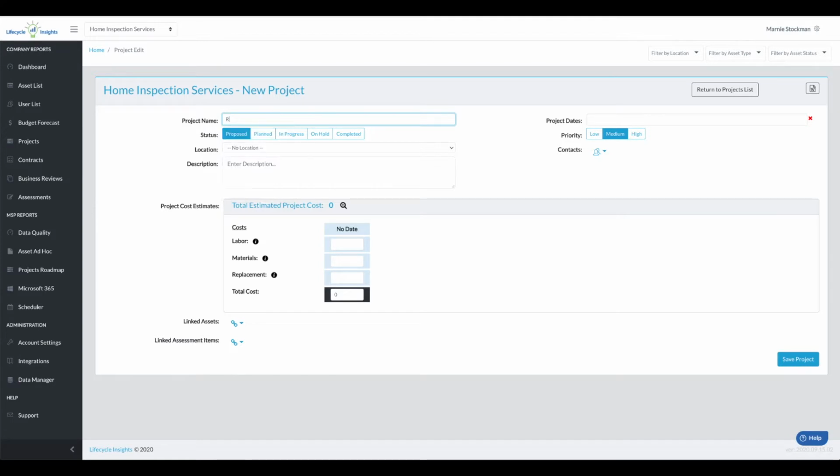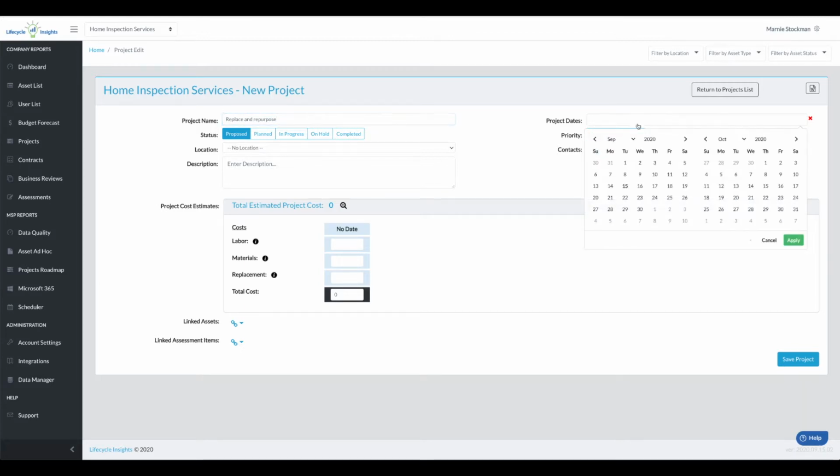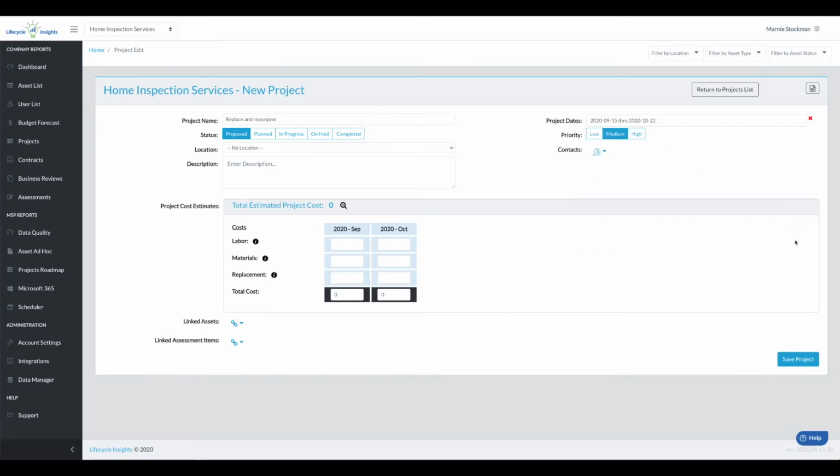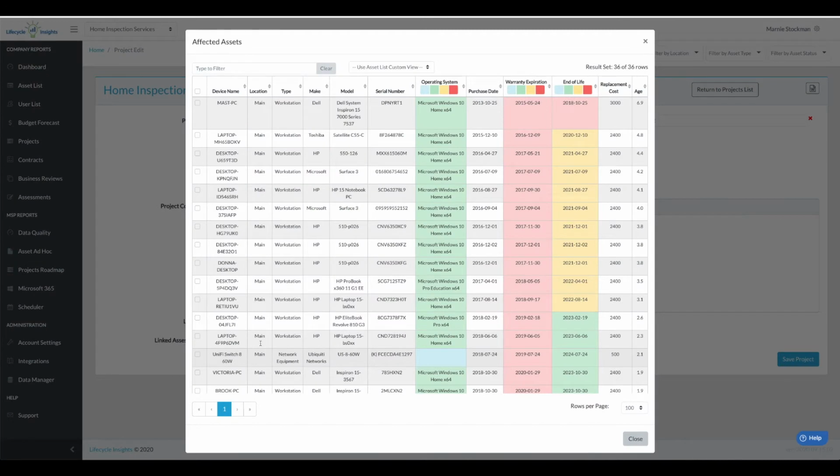This project we're going to do a replace and repurpose. So we are going to take two machines and replace them, and two other machines we're going to repurpose and not have that expense, but we really want to include all of that detail in the project itself. So I'm going to come grab these four devices,